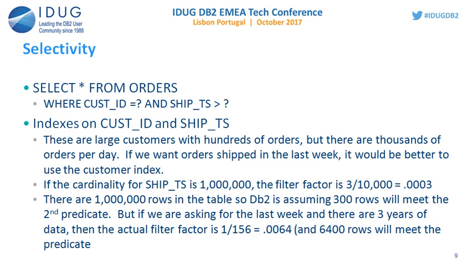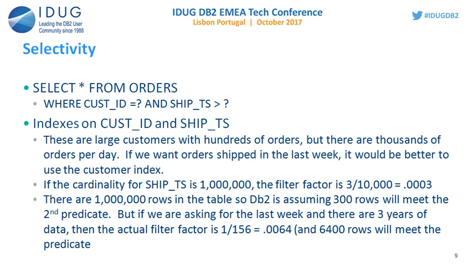So here are some examples. I'm selecting from orders where cust ID equals parameter marker and the ship timestamp is greater than parameter marker. I have indexes on both columns, and these customers have hundreds of orders, thousands per day. The cardinality, well, the filter factor that DB2 determines for a range predicate